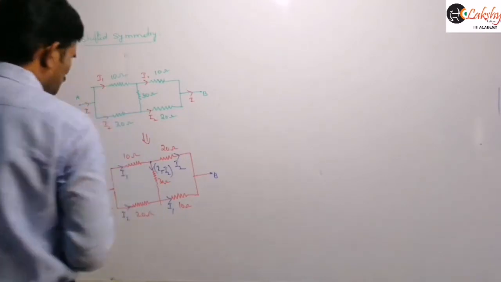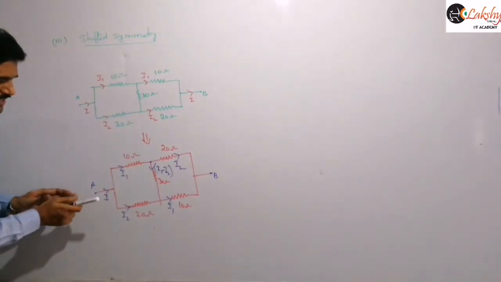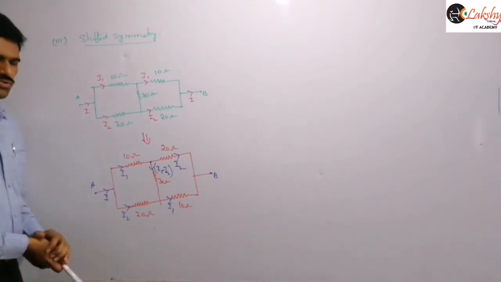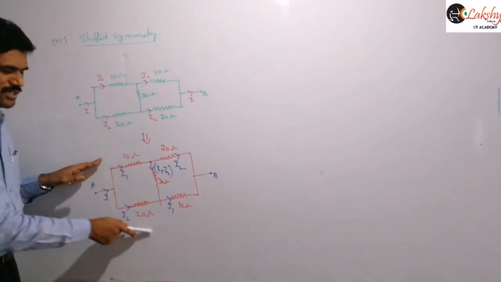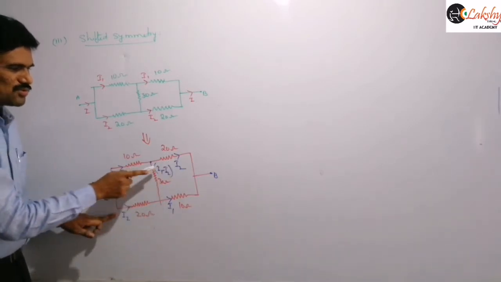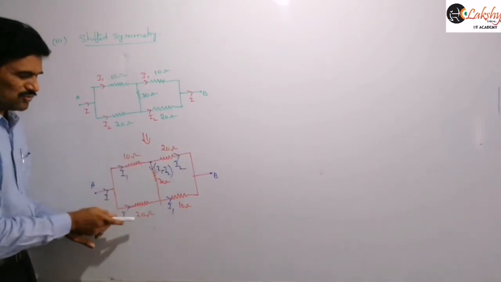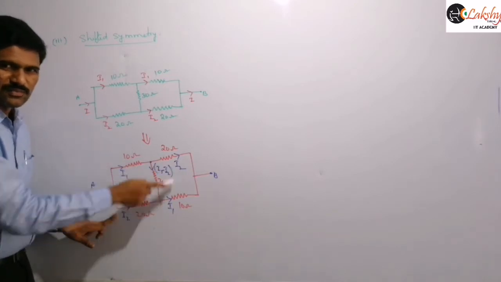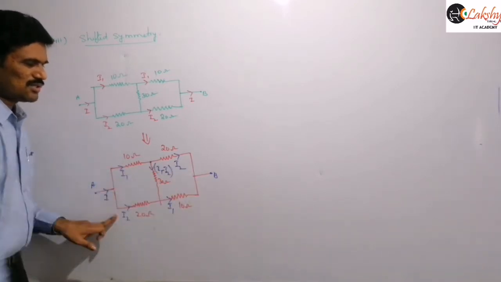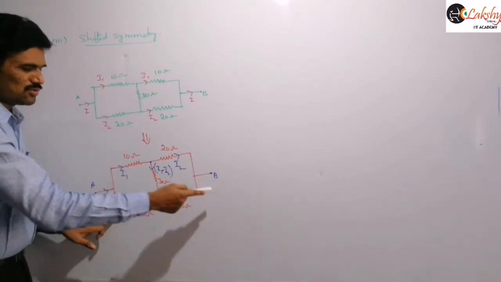Now let us come to this part here. This current entering and leaving is similar only, right? So here I am taking I1 and here it is I2. Now I can say that I2 current will flow here because 20 ohms is there. This one and this one are similar, and this one and this one are similar. So I1 is flowing here, then through this 10 ohm I1